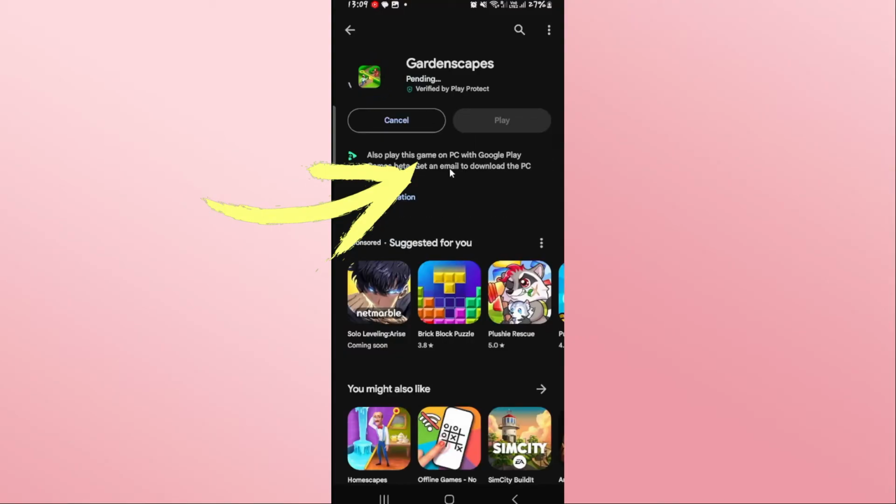the install button. Tap on the install button and this will begin the download and installation of the Gardenscapes game on your Android device. Just wait for a while until the installation is completed, and then when you can tap on the play button, go ahead and tap on it and this will open up the Gardenscapes game on your